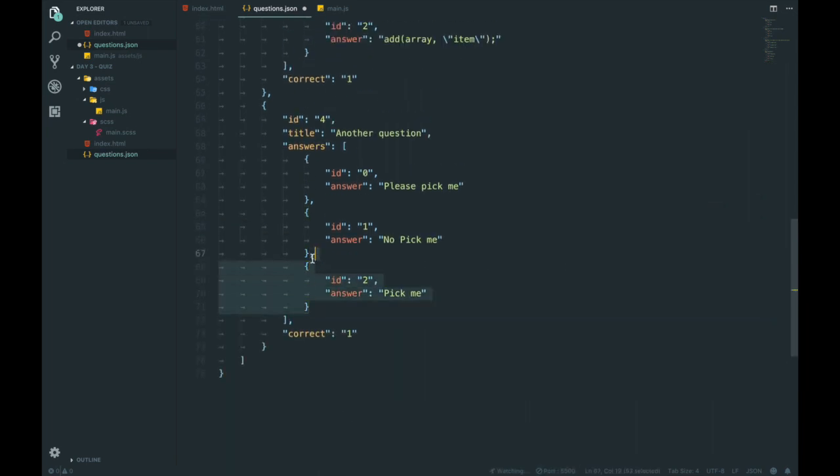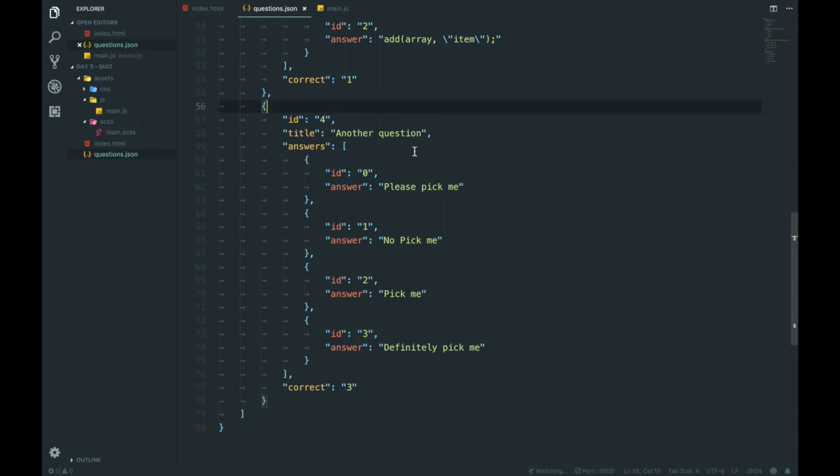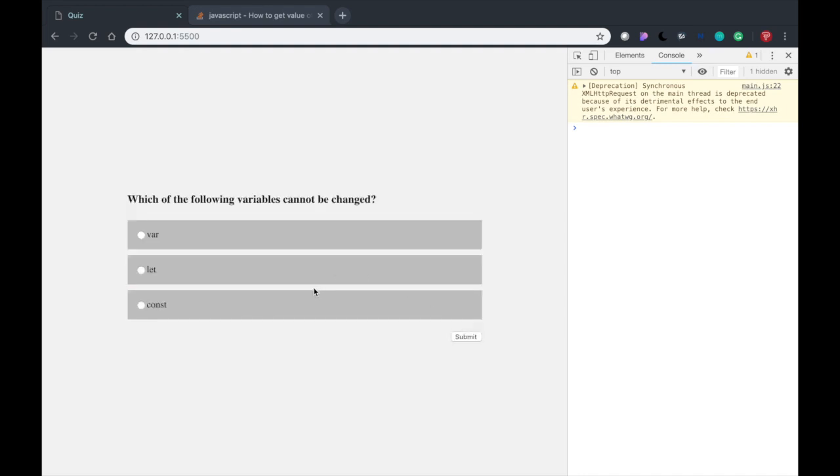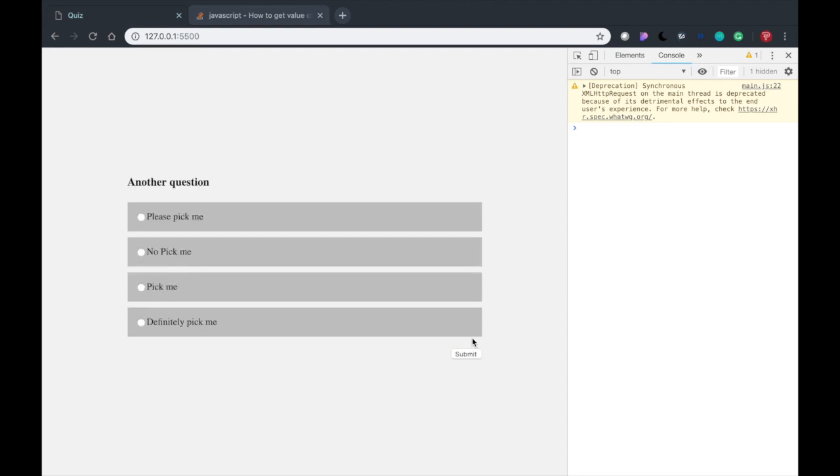And did we say we're going to add another one here? Let's go there and go boom. And say number 3. I'm going to say definitely pick me. And we're going to say the correct answer is equal to 3 on this one. So now if we come back and we blaze for our tutorial, next, const, submit, push, and there you go,